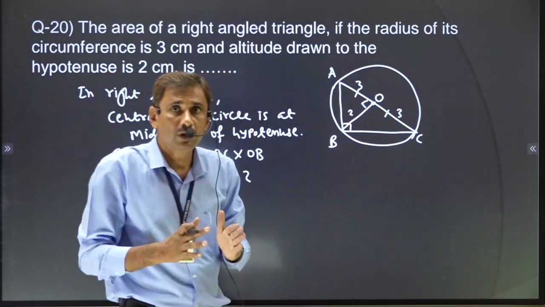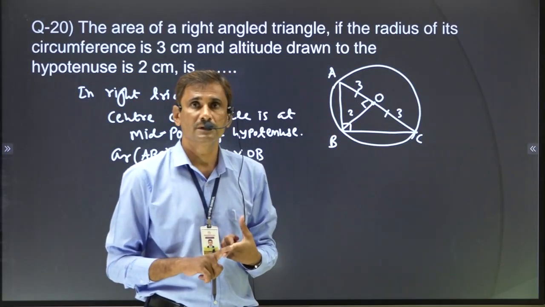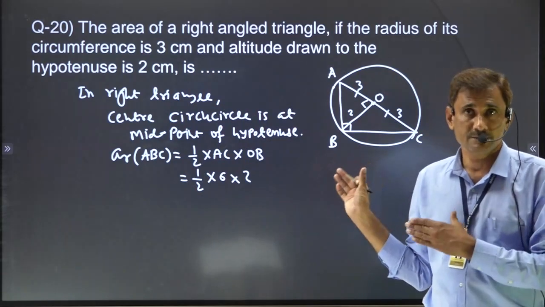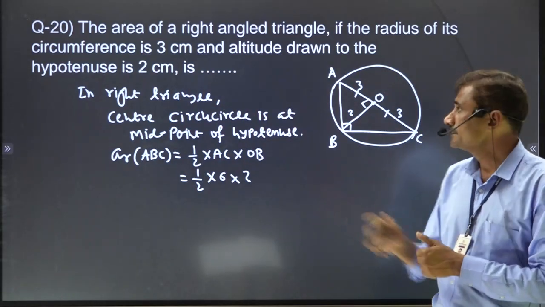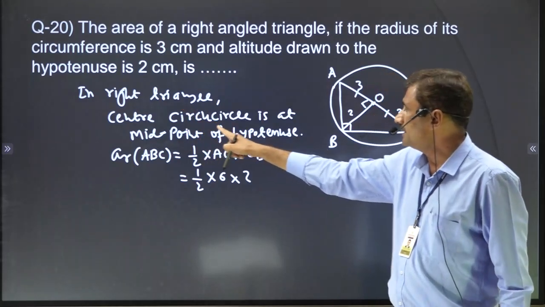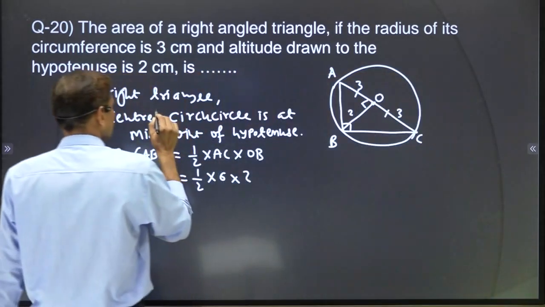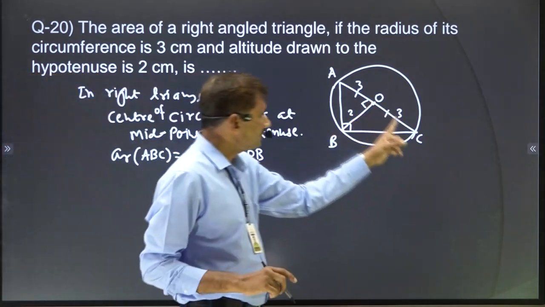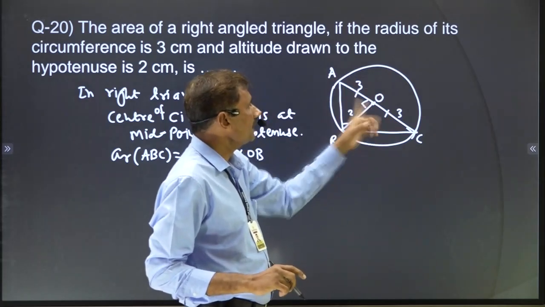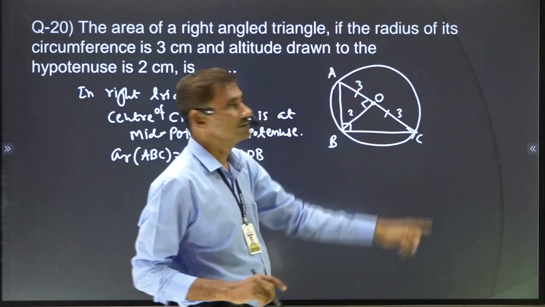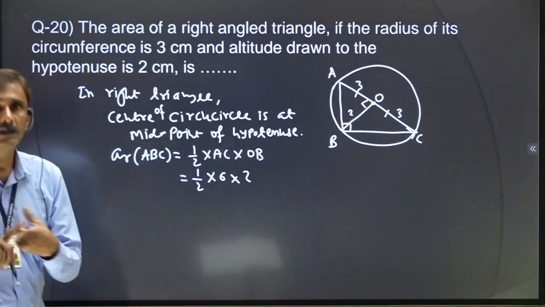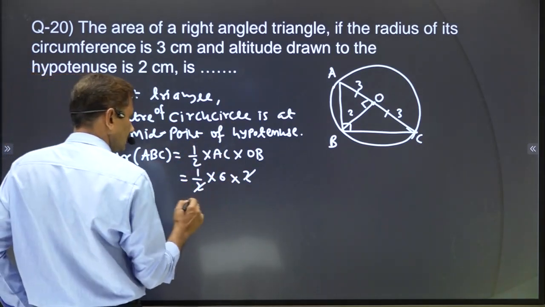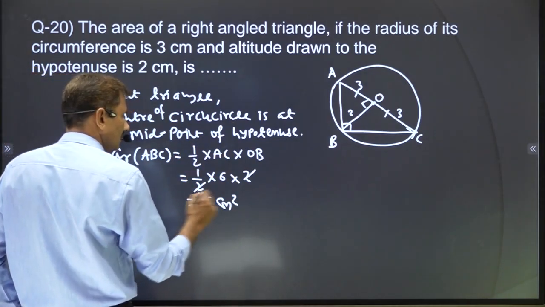That's why they actually gave the radius. So we have to know that it is half of the hypotenuse. Radius is nothing but half of the hypotenuse here in this case. This is a very basic concept, and you should know it. That's why I have written here: center of circumcircle is at midpoint of hypotenuse. So that's why this becomes radius, and it is half of hypotenuse also. Total becomes 6. So diameter is itself the hypotenuse. Altitude given, so it becomes very simple. 6 centimeter square. So that is our final answer.